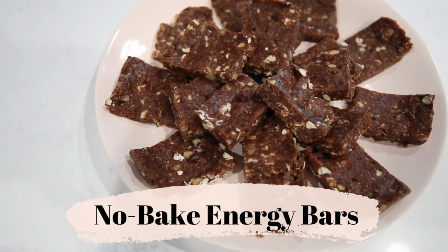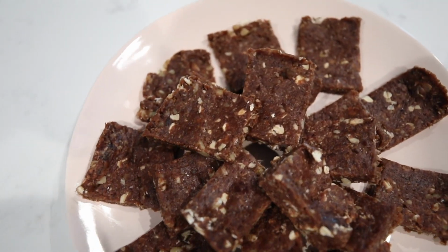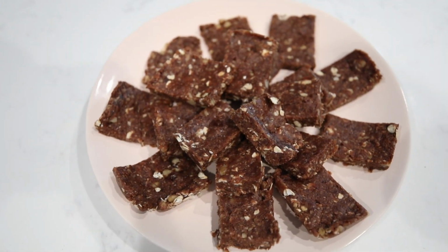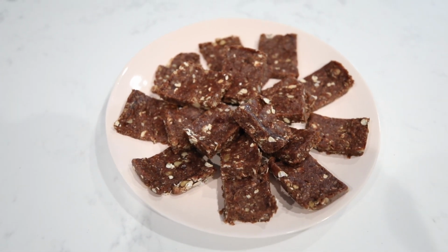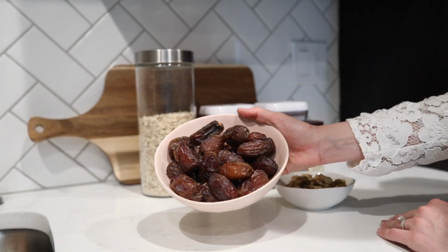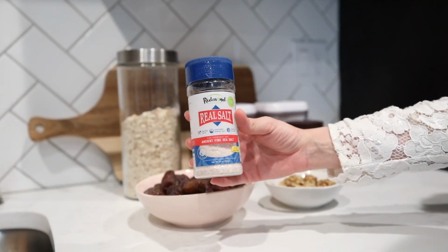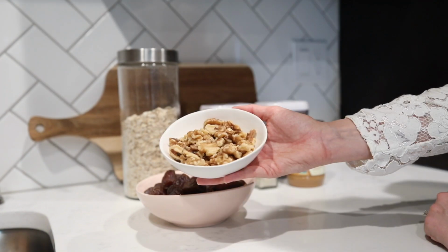This next one is my version of healthy granola bars. They're no bake, so they're super simple and easy to make. You could also eat this as a healthy treat after iftar as well. The base for these are medjool dates, then you add oats, some unsweetened coconut, sea salt, creamy peanut butter, some